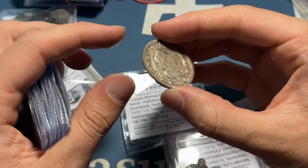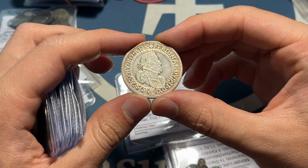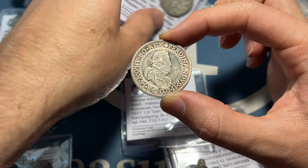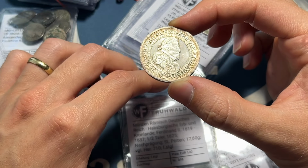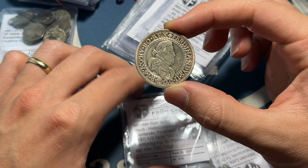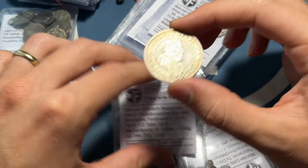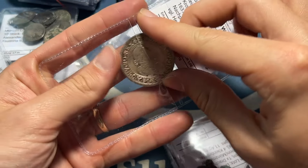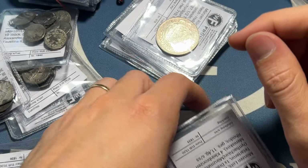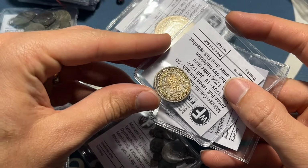Just wish that this was actually struck in 1625, as opposed to the coin that we're looking at. But again, some of the old restrikes still will take a nice premium, but there's just no chance that edge is going to be modern. Some live capturing of me being disappointed. Okay, on a better note,